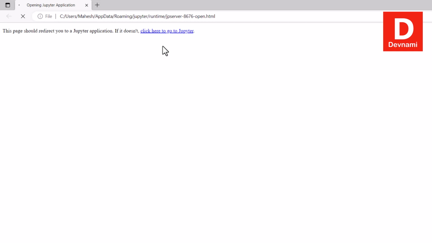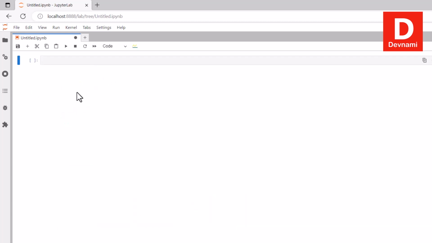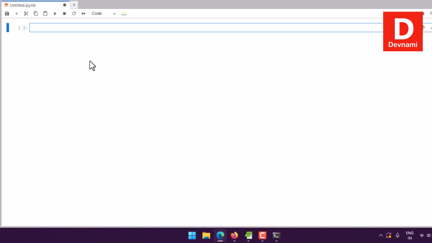As you can see, this opens up an Edge window where you will be taken to the lab dashboard, and it has an option to use a Python console or notebook. So click on notebook, and here we will be typing in